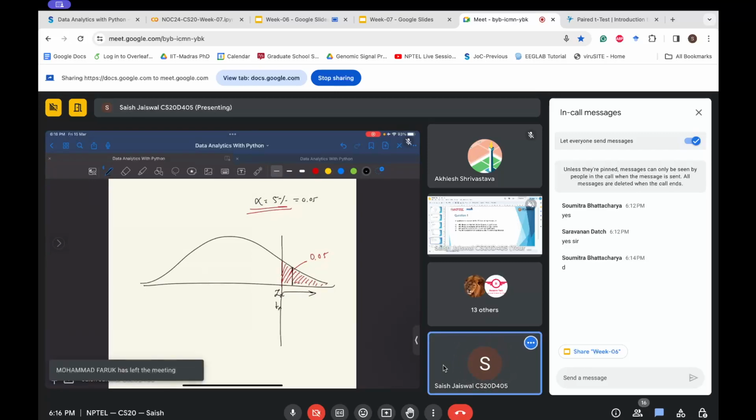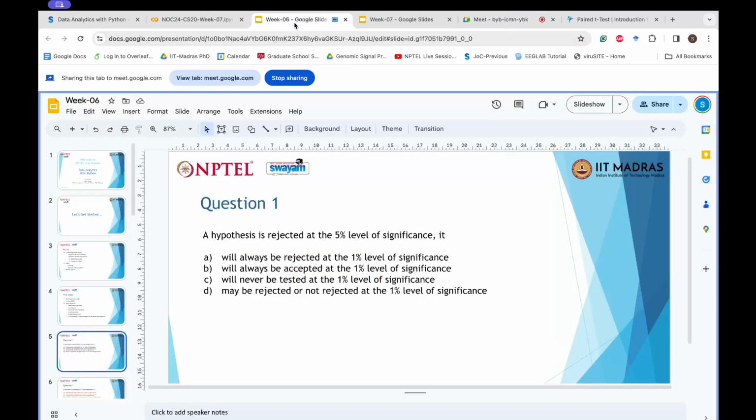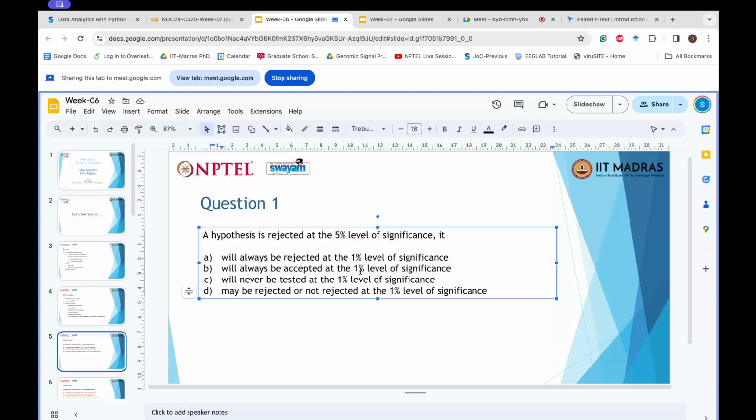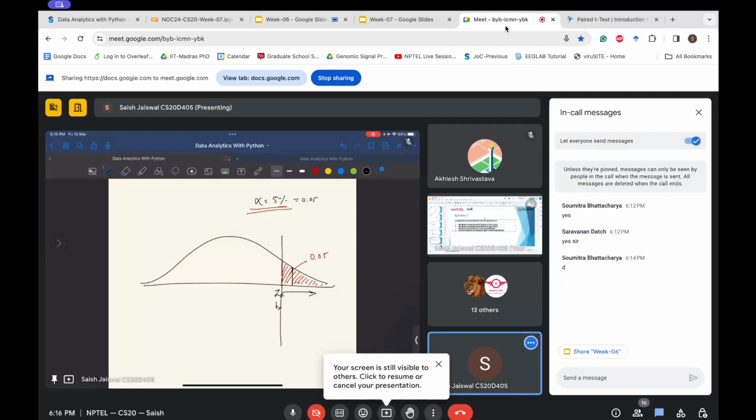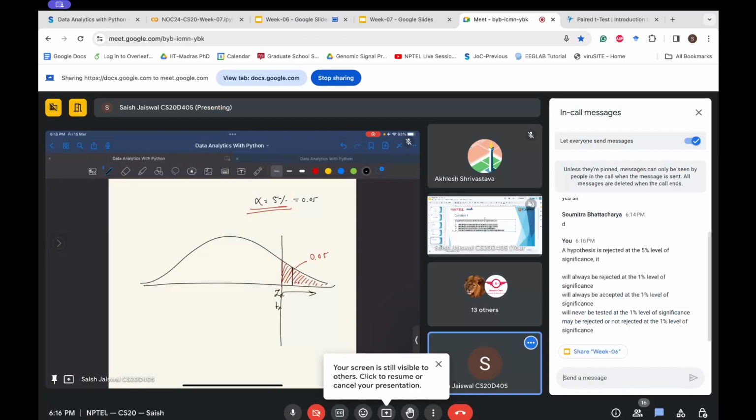So the options were, okay, let me go back to the options. I'll paste this in chat. Will always be rejected at 1% level of significance, will always be accepted at the 1% level of significance, will never be tested at the 1% level of significance, and may be rejected or may not be rejected at 1% level of significance. So the statistic that you are computing might be lying anywhere over here in this region,